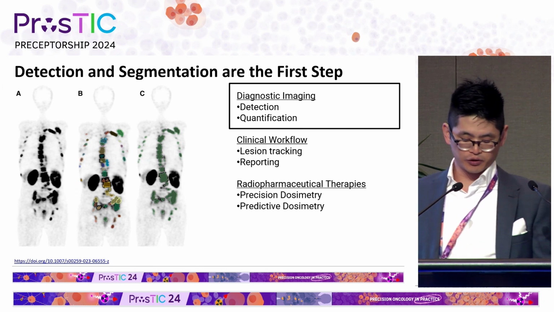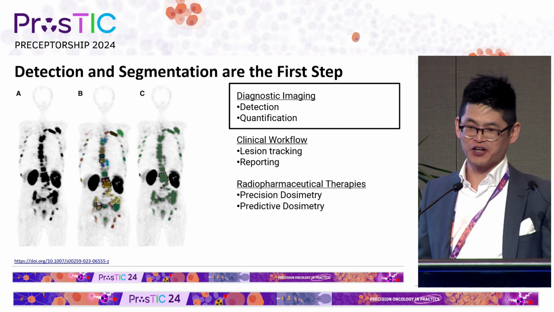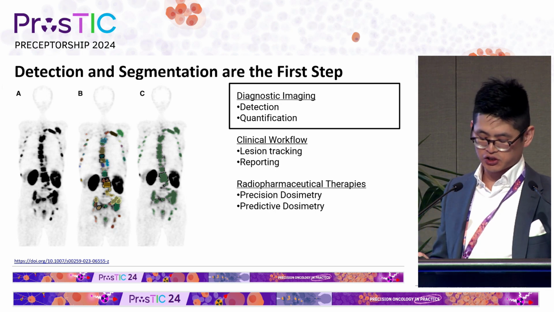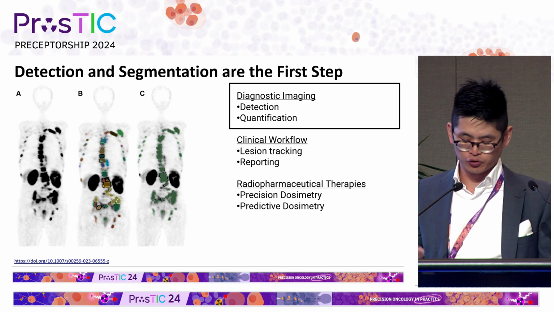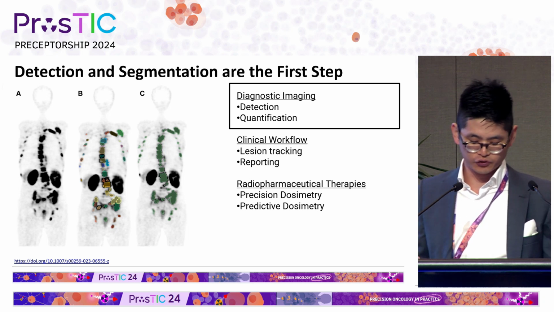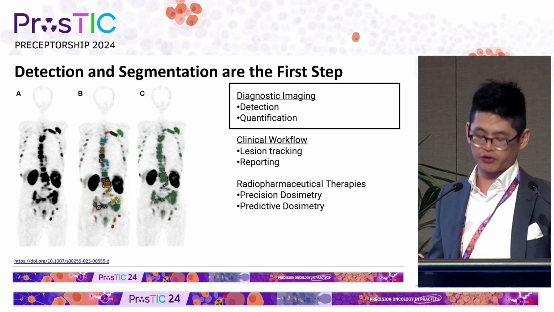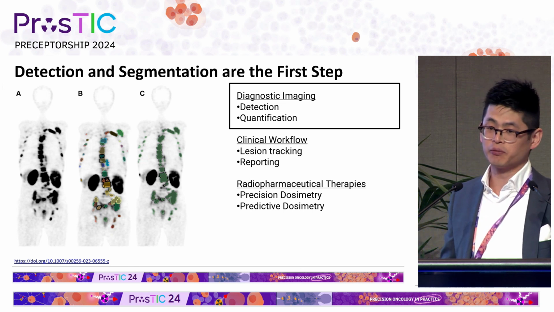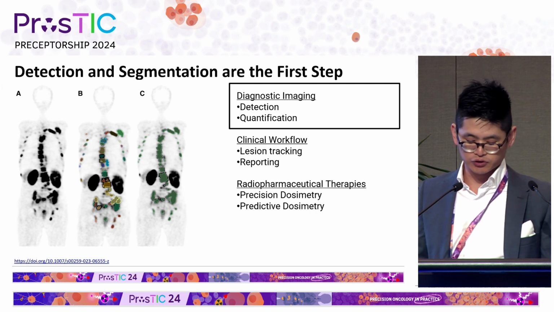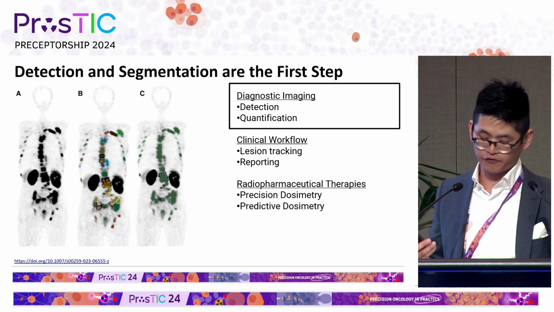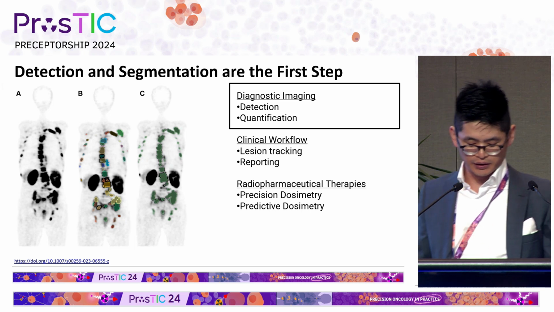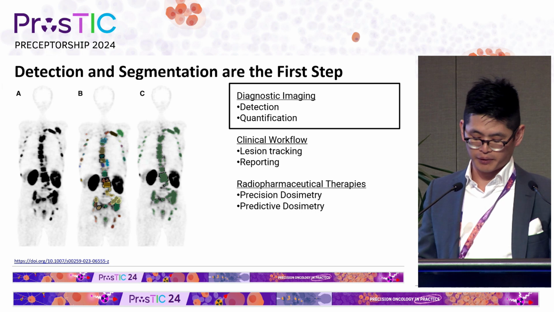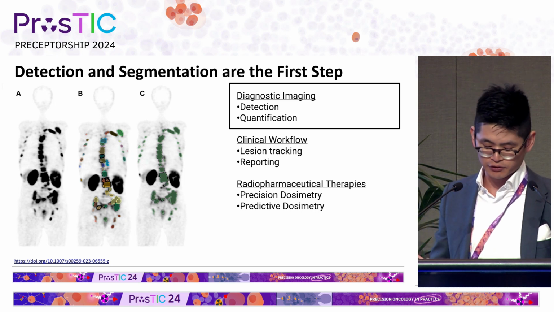In PET, we're really trying to answer the question, is it hot or not? And then, is it disease? So segmentation is also then about drawing a line around the tumor and answering where is the border of the tumor. And segmentation can be done with absolute or relative thresholds or completely manually contoured. At Peter Mac, with the PSMA PET CTs, we use an absolute threshold of 3 for our contouring. And in this example study, they did actually manually contour by imaging experts as the ground truth. So already there's a difference.